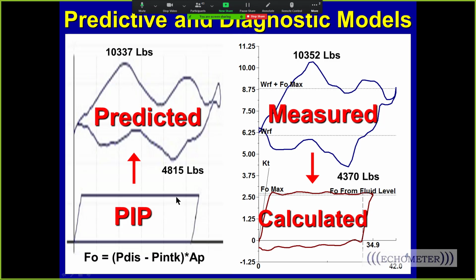So we call QRod a predictive program, and we call TAM and T2M a diagnostic program. When you have a predictive program, you input something like pump intake pressure and surface stroke length, and the rod string that you want to use, and then QRod will calculate or predict the surface loading based on the properties of the rod string and the tubing fluid gradient and things like that. And then it uses a plunger size to predict the load at the pump,